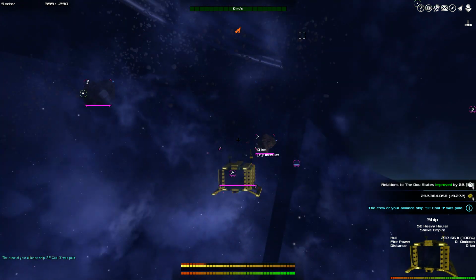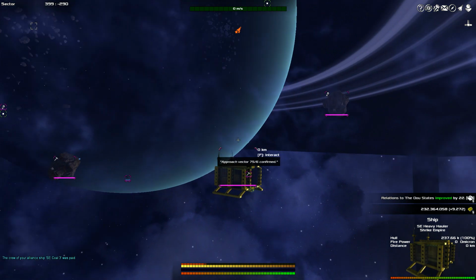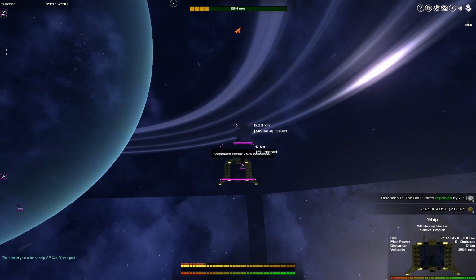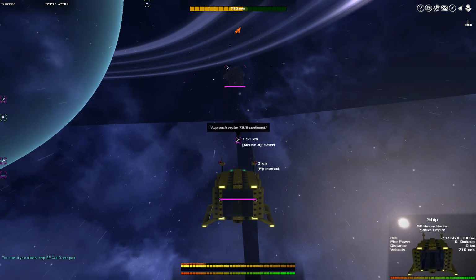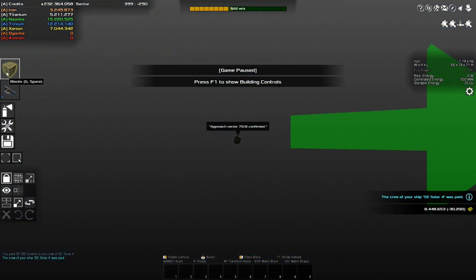Roughly 7, 6. Yeah, so we're going to back off of that asteroid. We're just going to leave him lay there in space. And we're going to jump into him, and we're going to build him into